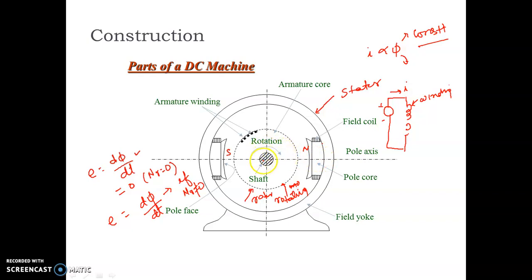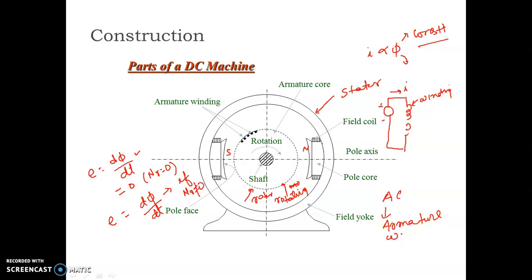But from a technical point of view, in DC machine, I will later tell you, the armature winding is placed on the rotor and field winding is placed on the stator. But it is interchangeable. Because of technical advantages, the field winding is placed in DC machine on a stator, means not rotating part, and armature winding is placed on the rotor, that means on rotating part. In AC machine, just the opposite happens. In AC machine, armature is on a stator.